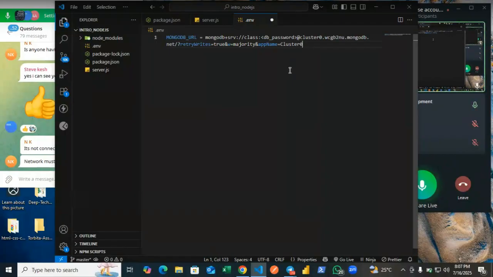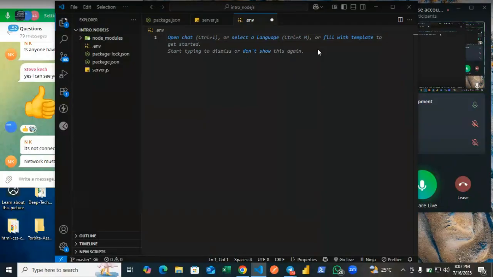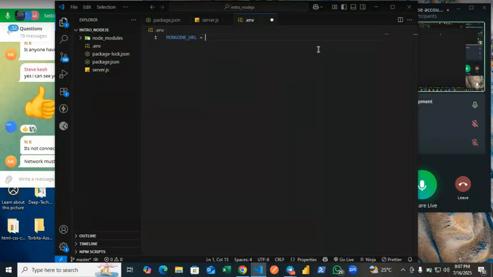Even without running the server, it's showing you that this is not a string, because you can see the way it's appearing, white and colored. But when I put it in double quotes, you will see that